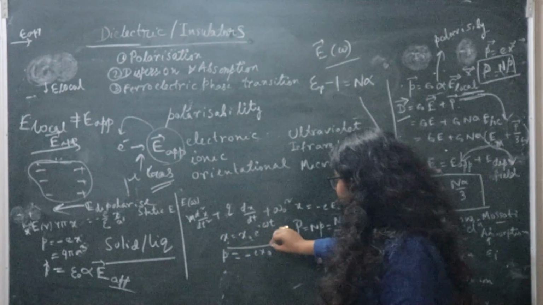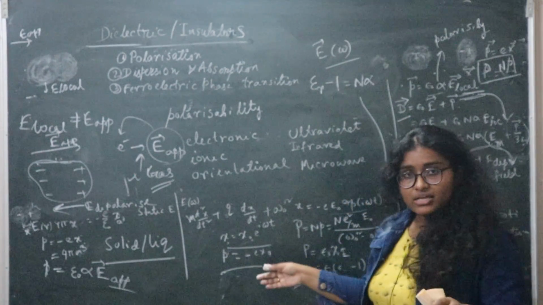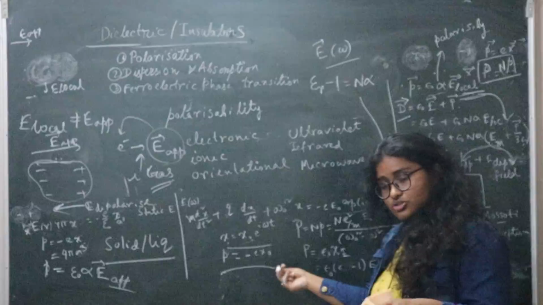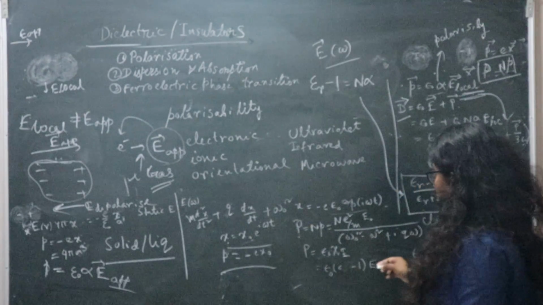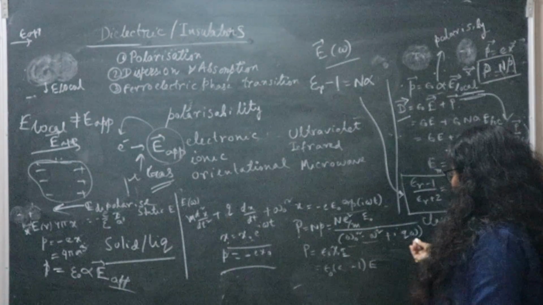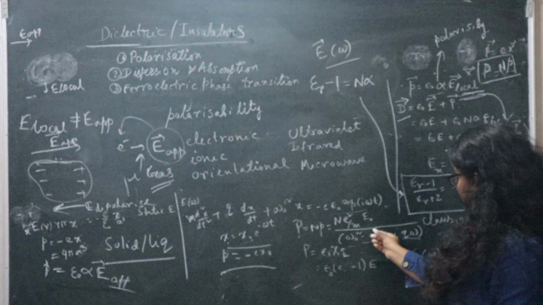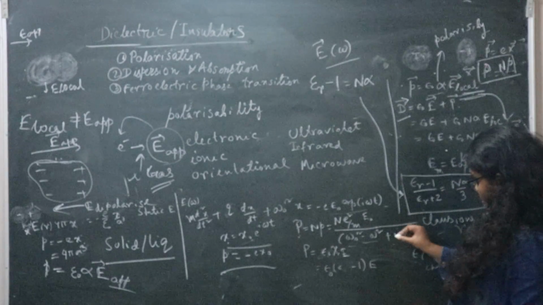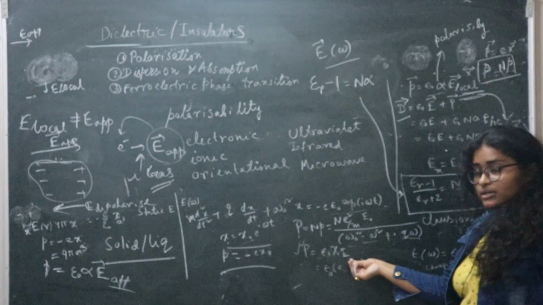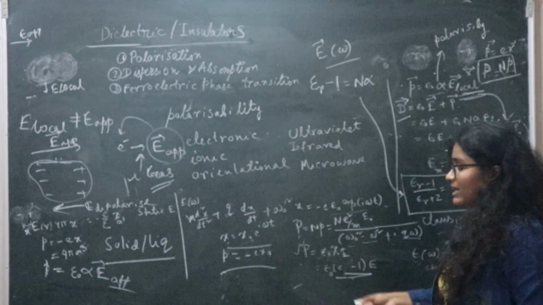So displacement I can write as x equals x naught e to the power i omega t, and we know that the dipole moment is minus e, the electronic charge, into the displacement x naught. So we get polarization as n e square by m epsilon naught by (omega naught square minus omega square plus i q omega). Here the polarization is a complex quantity; it has a real part and some imaginary part. Now we know that polarization equals epsilon naught chi e, chi is the susceptibility, and chi can be written as epsilon minus 1, where epsilon is the dielectric constant.